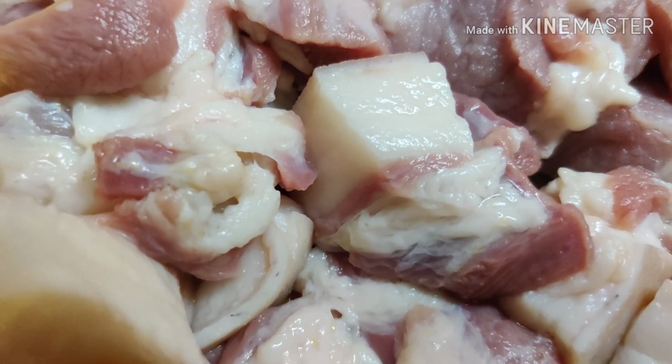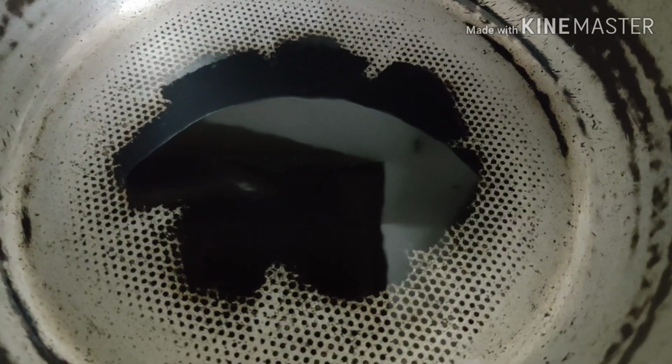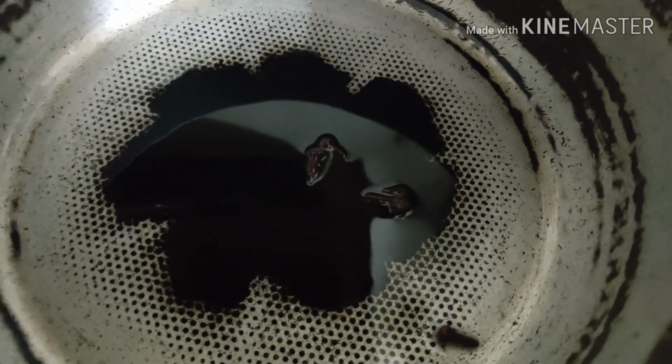For today's recipe, I'm going to take half kg of pork. I'm then going to take a kadai and add 3 tablespoons of oil. Once the oil is hot enough, I'm going to add 5 cloves, 8 peppercorn,